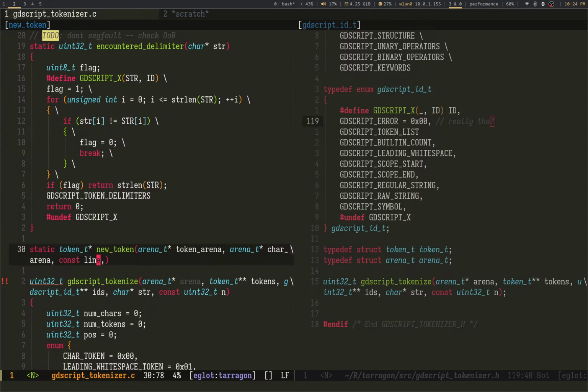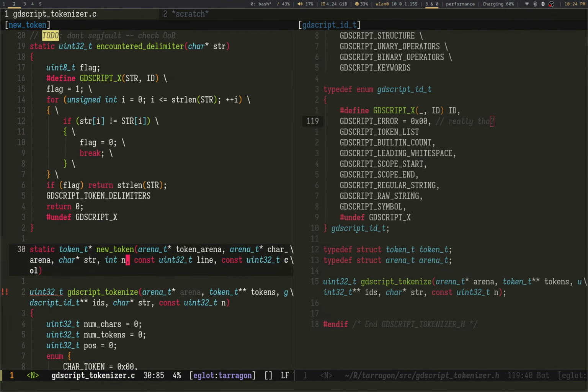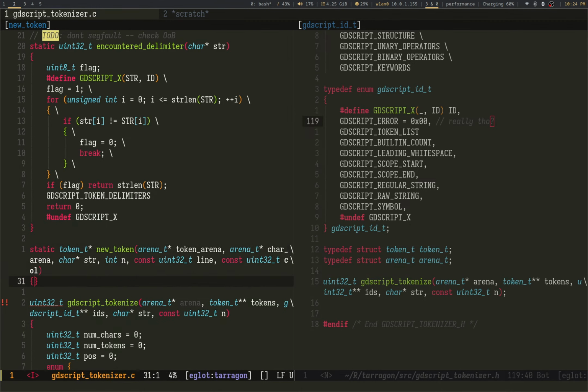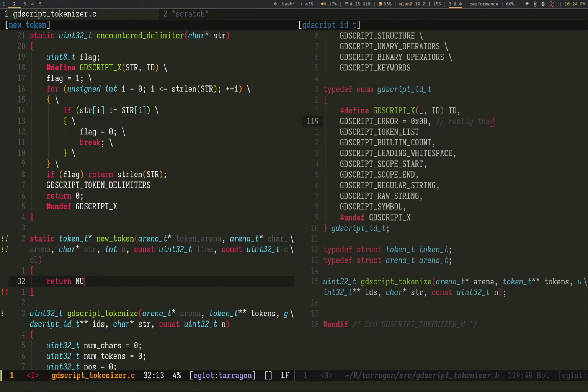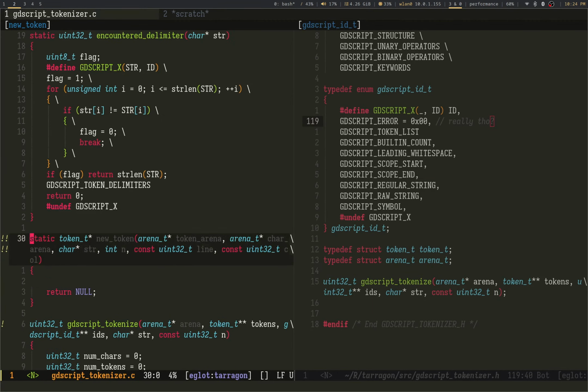Yeah, const line, const call. Don't forget. Same thing. Of course, need a string, char star str, and how many characters are we going to have in that string? And this is very, no. Okay, great.